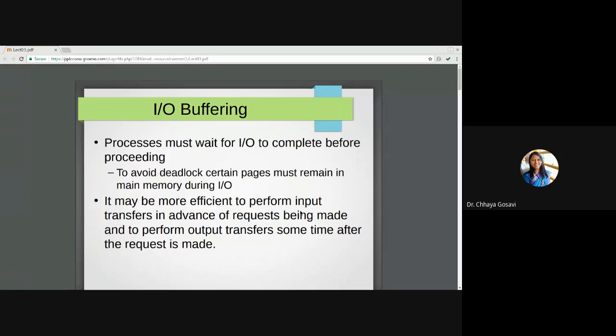In the previous session, we started with disk management. In that, we have seen different types of IO management. We have seen different types of IO devices. Which are the different types of IO devices? Human readable, machine readable, and communication devices. Then we have seen how these devices differ from each other, by various criteria.